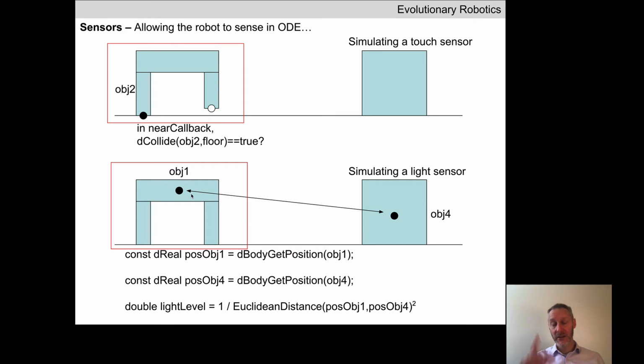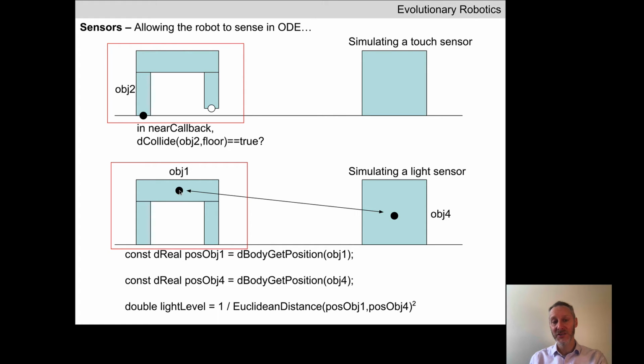Let's imagine, and you're actually going to do this later in the course, that we wanted to add a photo sensor to our robot that detects light levels. Let's imagine that we tag one of our links, one of our objects, as being a light emitter. If we assume that we're going to drop a photosensor into the torso of this robot, and we assume that this object is emitting a light, we can calculate the amount of light that's arriving here by